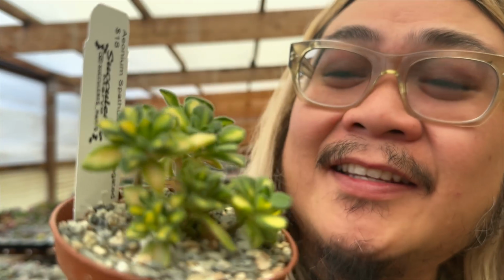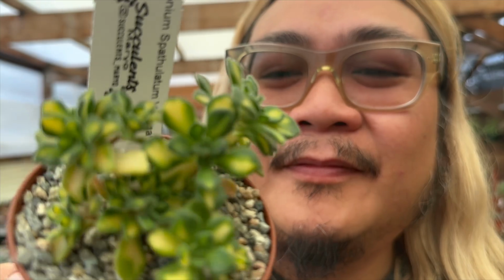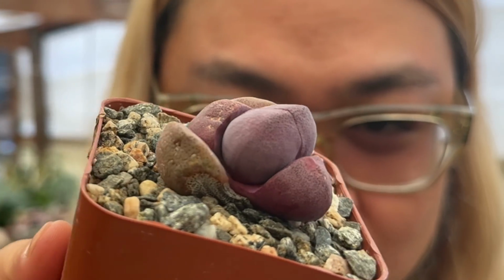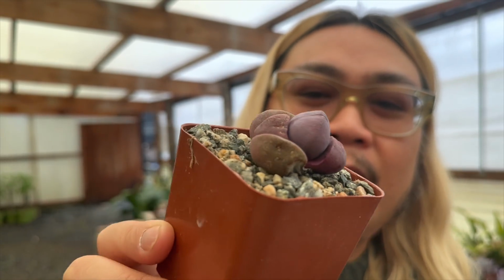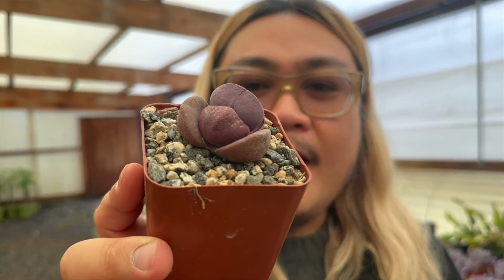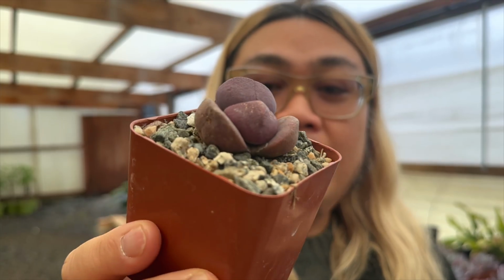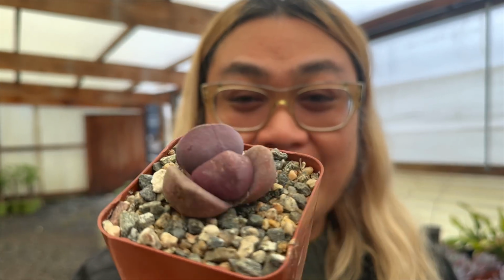It's Aeonium season, and this is the cutest, tiniest little Aeonium spathulatum variegata. I've also been noticing that people have been kind of drawn to more unique looking plants like myself. Lithops has been getting a lot of attention, and I wanted to highlight the Pliospilos. It's another super cute rock-like plant, but I love the color on this. Now, I've seen them green, but I've never seen them purple. I don't know if it's sun stressing or if this is a special cultivar, but another cool and unique looking plant that